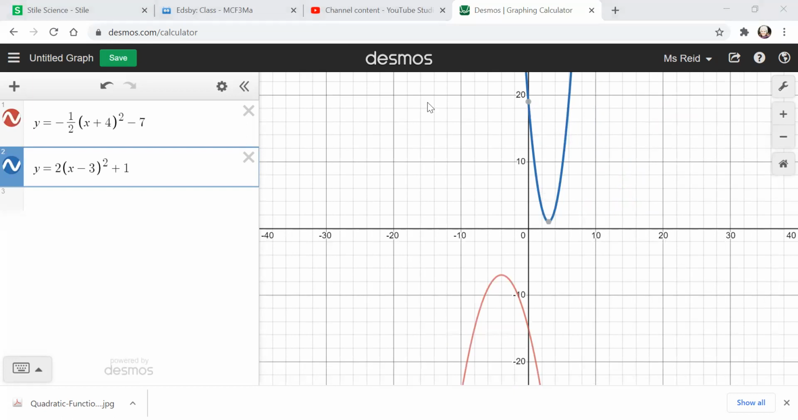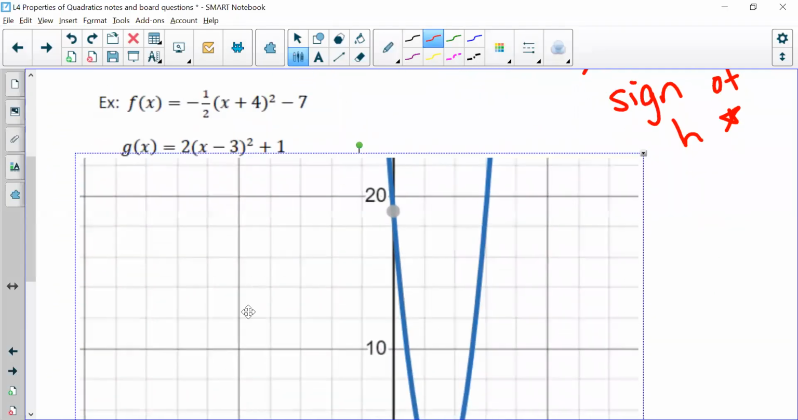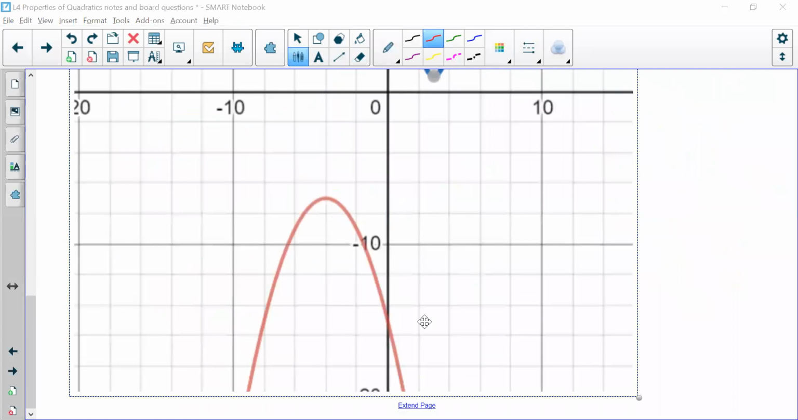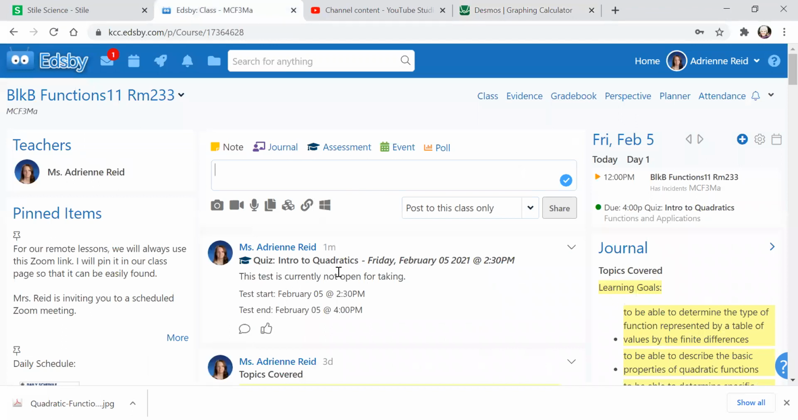Okay, so we have 15 minutes. It should only take you 15 minutes. Please use these notes. I'm going to convert this to a PDF and post this on Edsby for you guys. And on Edsby, you do have a quick introduction to quadratics multiple choice assessment. I want to see where we're at with understanding these three forms of a parabola. It is open now. You should be able to finish it in 15 minutes, but I did have it end at 4 today. So make sure you get this done. Just multiple